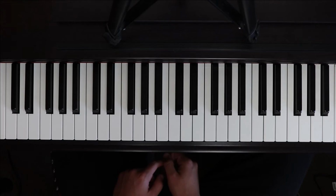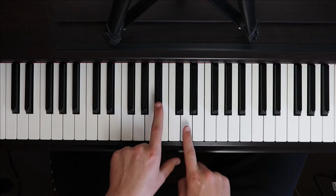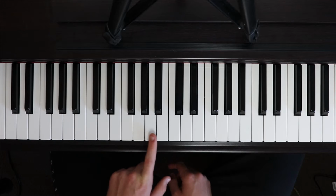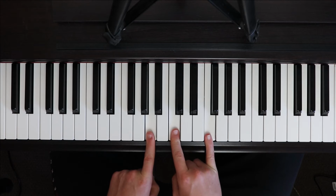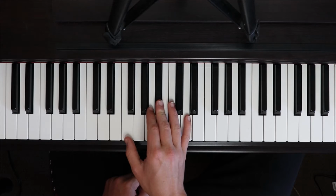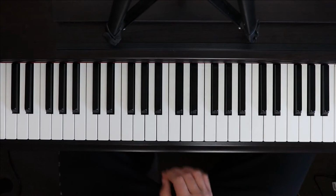Then we have an F major inversion, so F, A and C, F, B flat, D, F. Then our F major inversion is going to have A, C, F, then A. So A, C and F together, and A by itself. Right, so